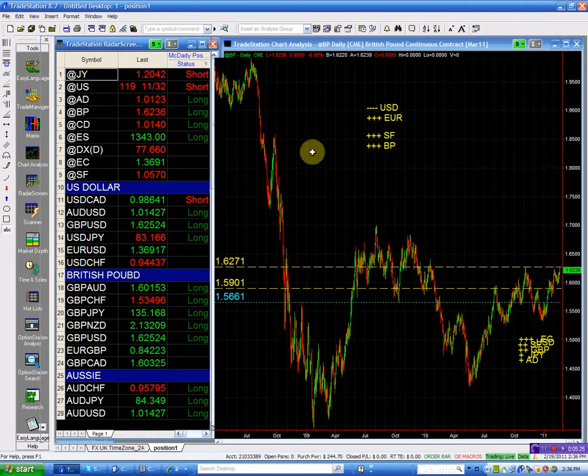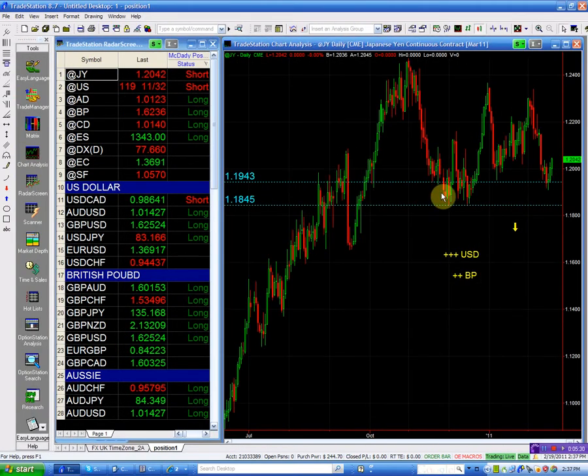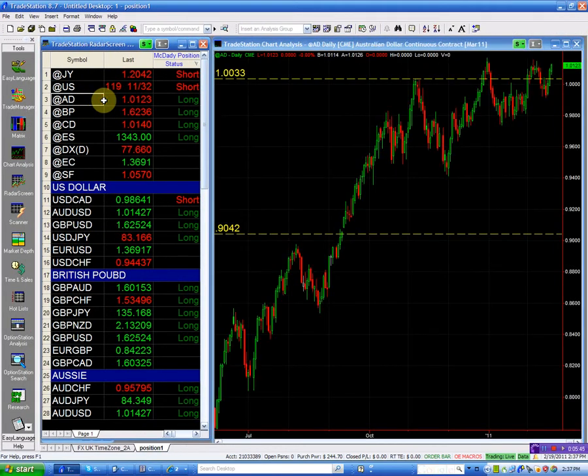If we look at the yen, it is not as strong as the euro or the Swiss, or the British pound. If you look at the Aussie, that is quite interesting. The Australian is